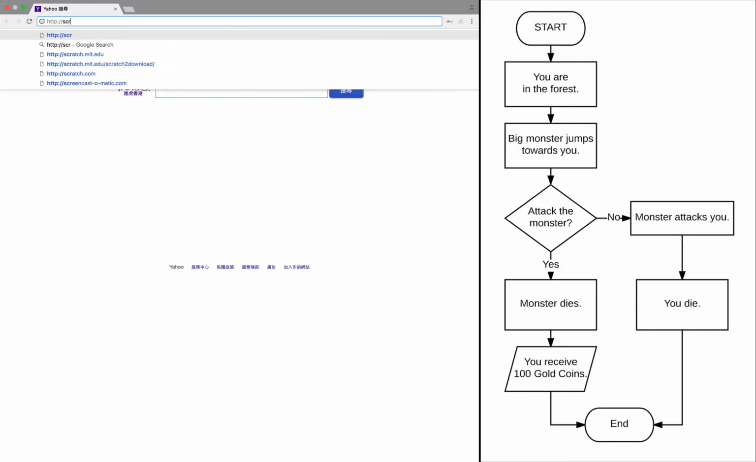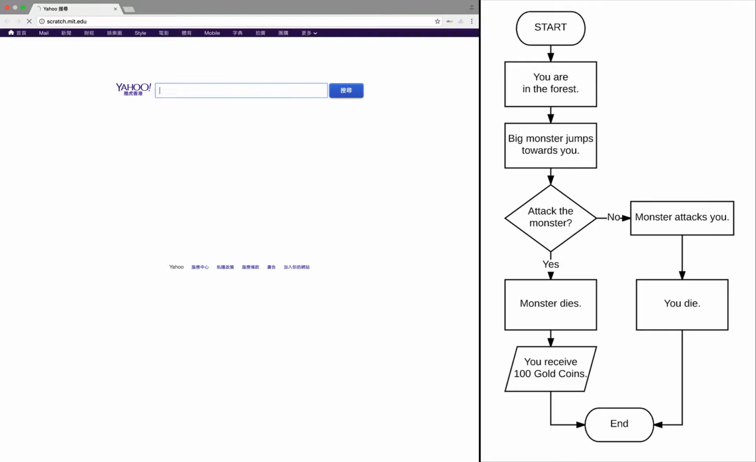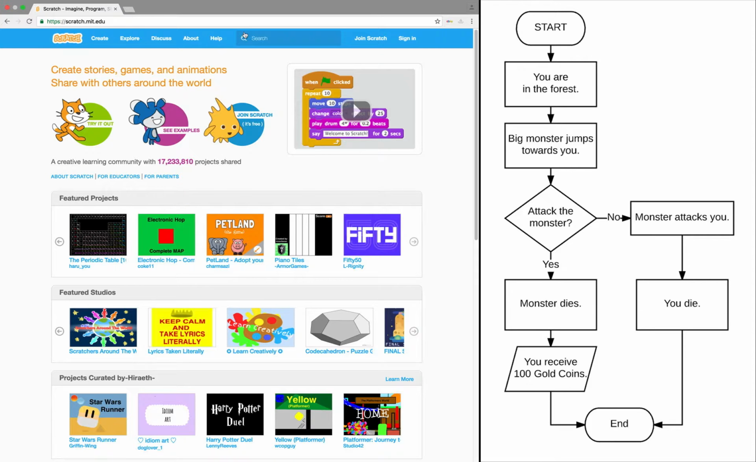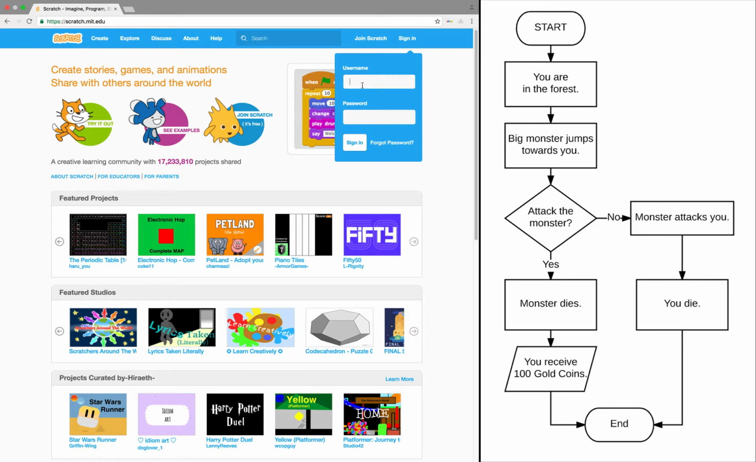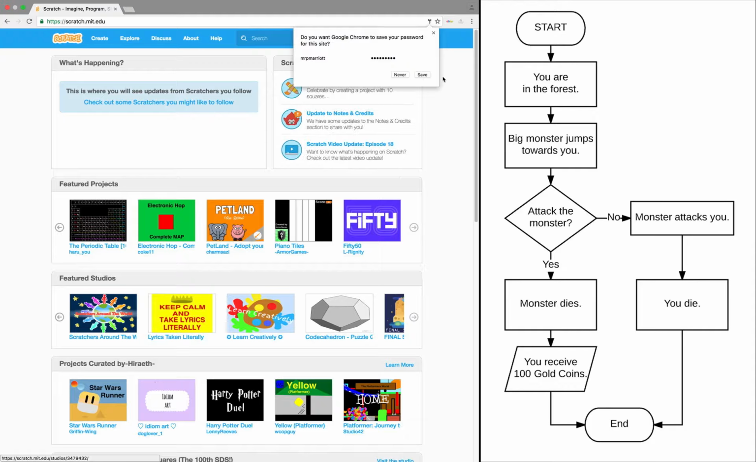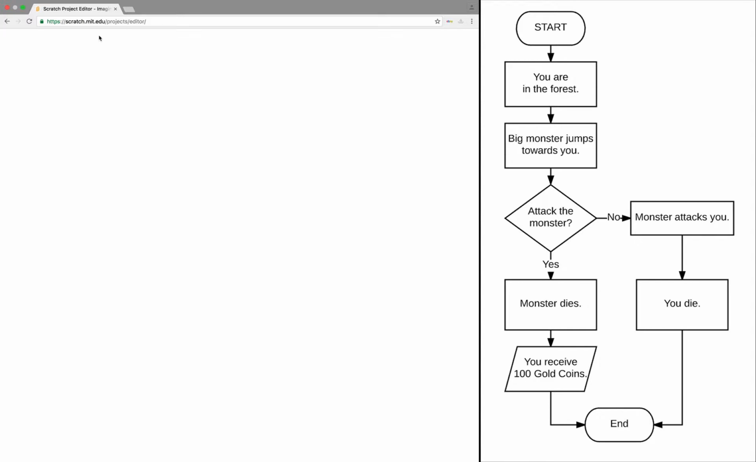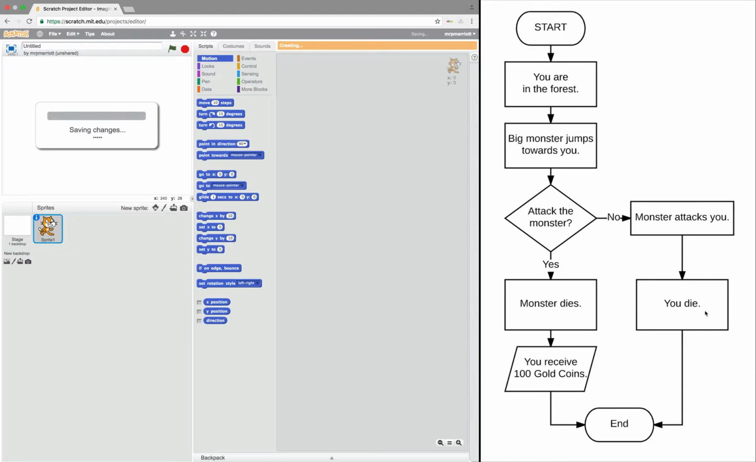So, we're going to go to scratch.mit.edu. On the left-hand side we have the Chrome web browser. We're going to sign in with our username and password. Right, now we are ready to create a game, so we go to create. So we're going to use this as a guide